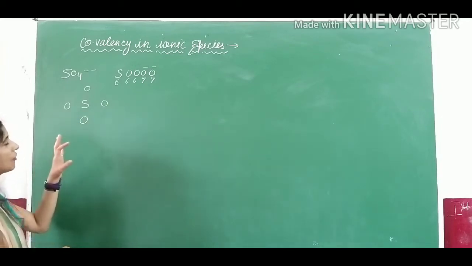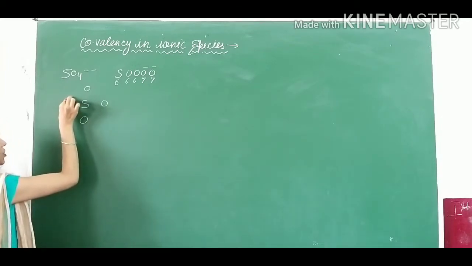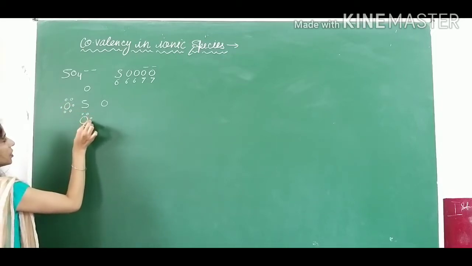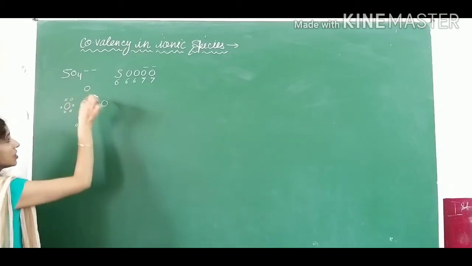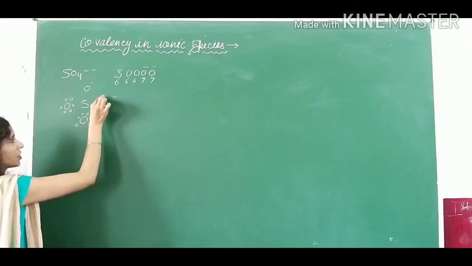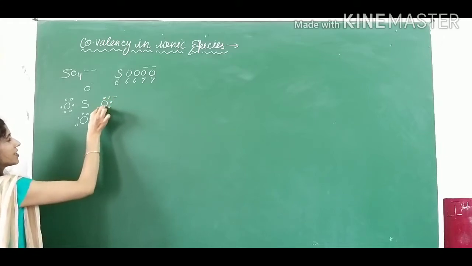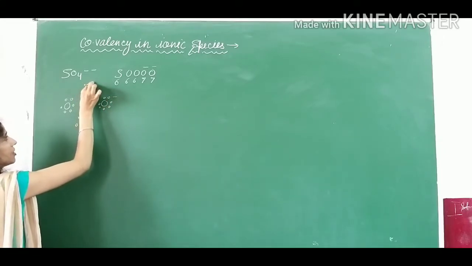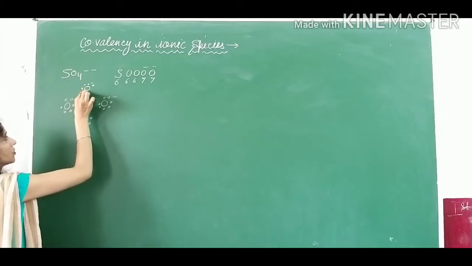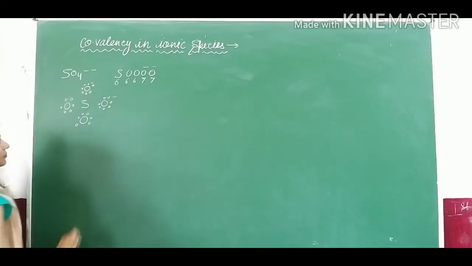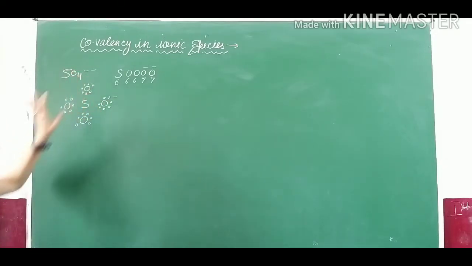Okay. Now what you have to do? You have to mention their electrons now. 6 are there. 1, 2, 3, 4, 5, 6. These 2 oxygens have 2 negative charges, so you have to mention 1 negative charge, and after that, 7 electrons you have to mention. 3, 6 and 1, 7. The same is to be done here. 3, 6 and 1, 7. Okay. The negative charge is to be mentioned also.